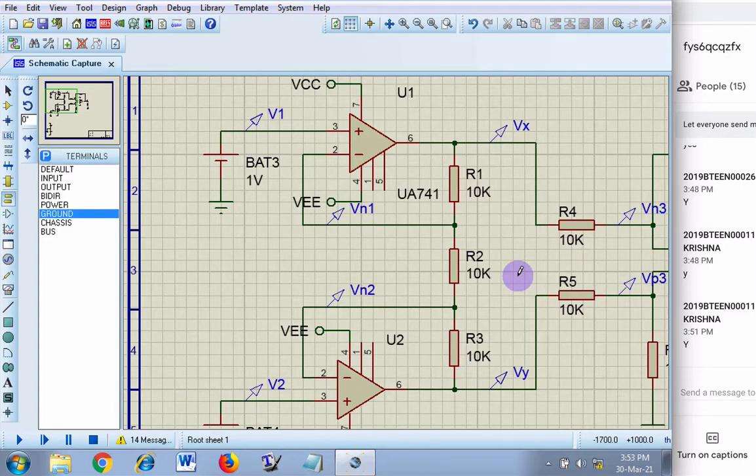In the book or during derivation, we used this as R3, this also as R3, and this as RG. But I cannot name this as R3 because then the simulator will complain. Everybody understood this?